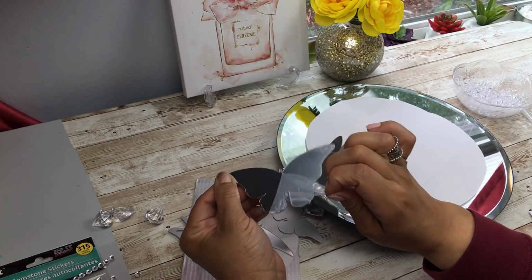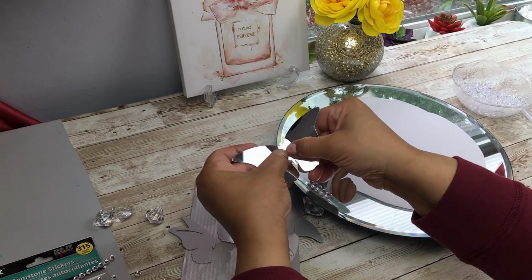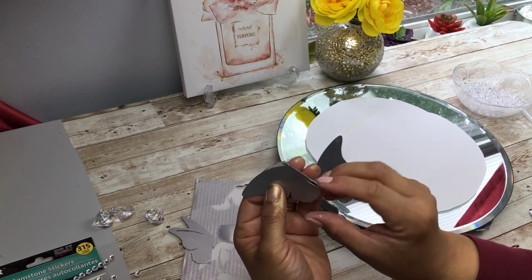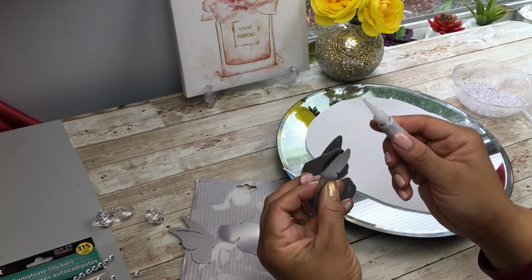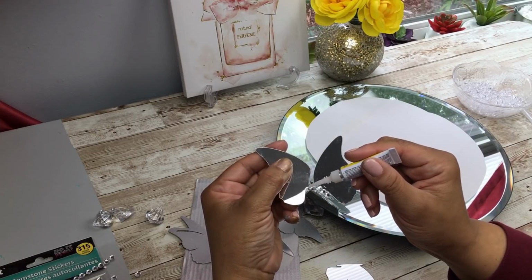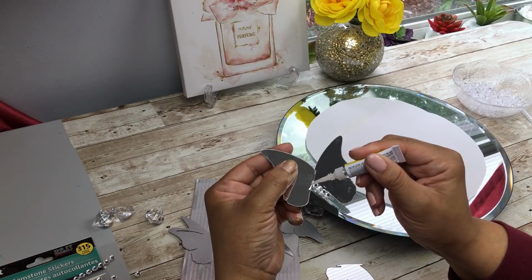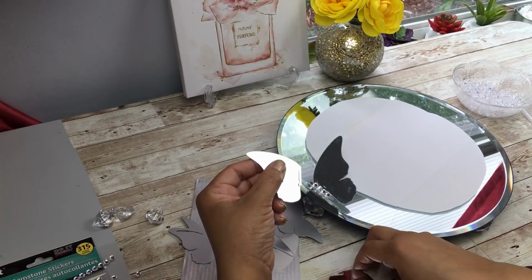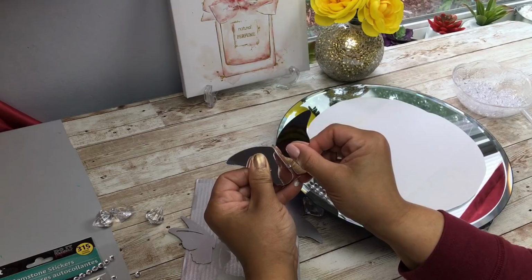I'm going to remove this film to reveal our mirror. We're going to snap it in half gently. And so now I'm going to again use that super glue, and gotta be careful with this. It's kind of runny, so set it to the side like you see here. I went ahead and applied some of this, hoping that it would fast dry on me, but it didn't. At the end, this glue ended up working the best, but here I'm waiting and waiting to see if it would kind of dry,